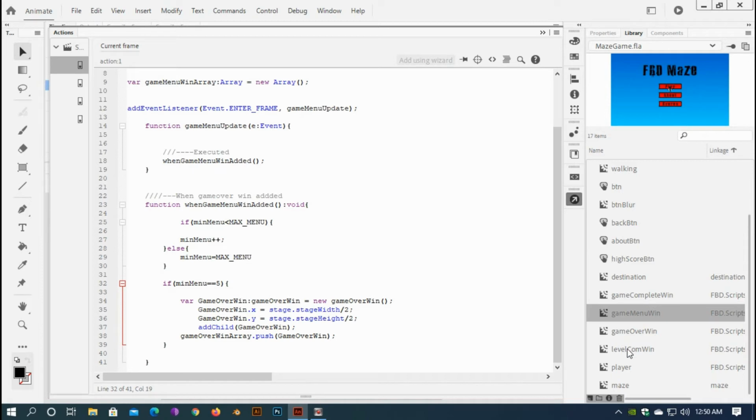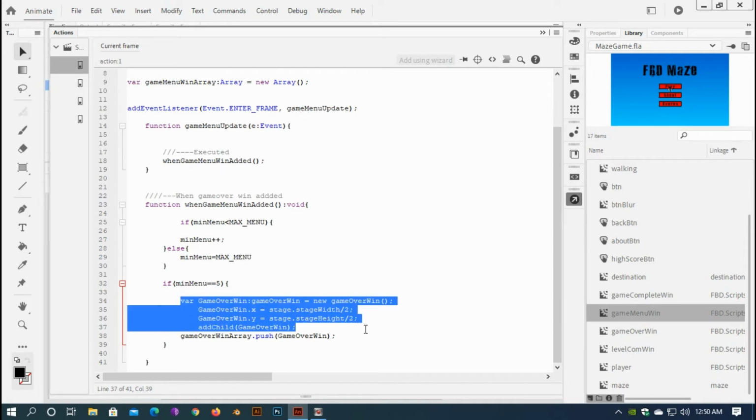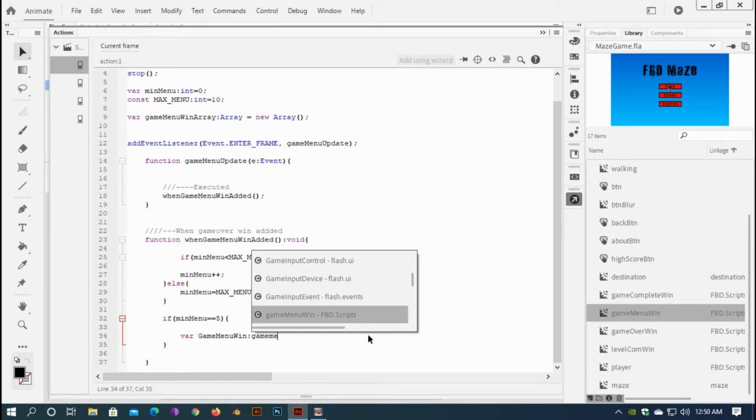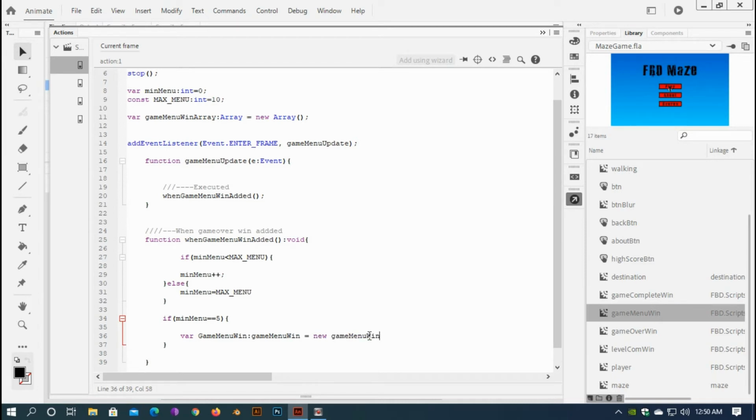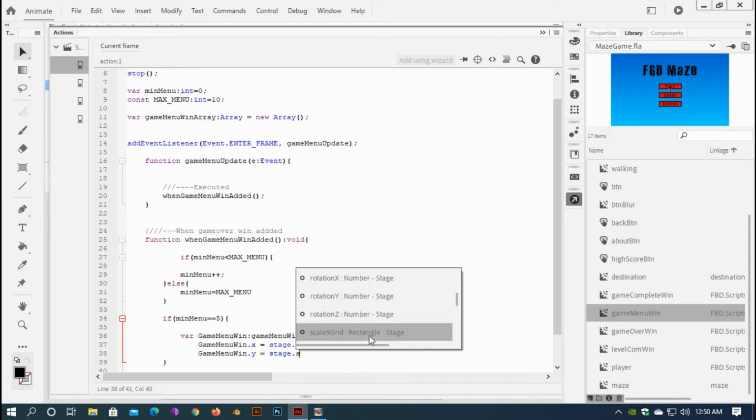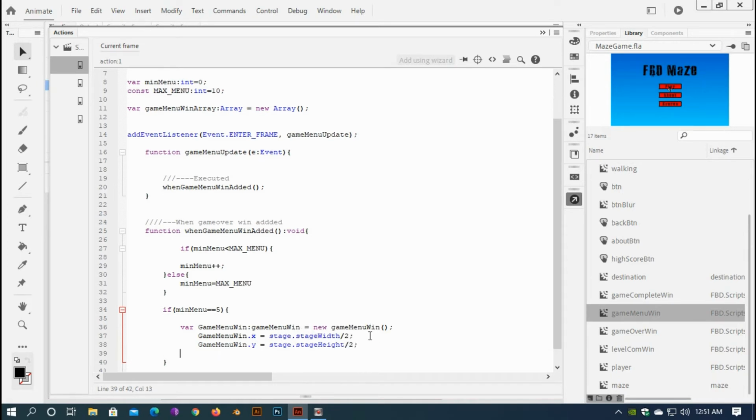Then I'll import this game menu in. So here I'll delete everything and type var game menu win colon game menu in class equal to new game menu win, game menu win dot x equal to stage dot width divided by 2, and game menu win dot y equal to stage dot height divided by 2,